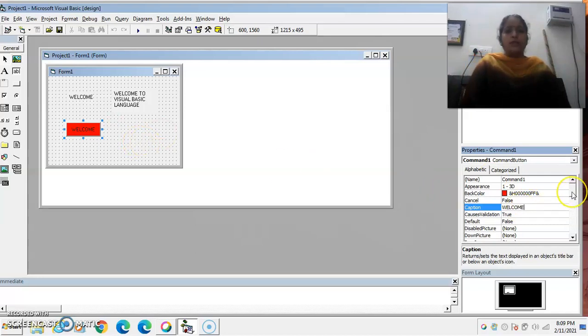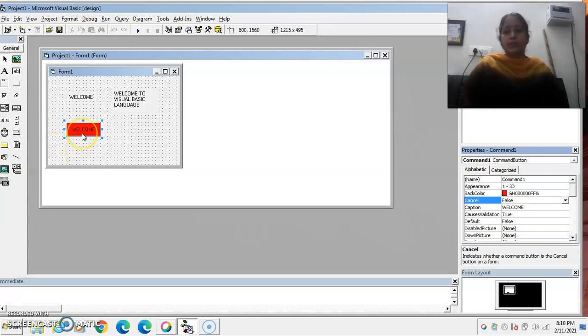Now the next important property is the cancel property. By default it is false. This property determines whether the command button gets a click event if the user presses the escape key.